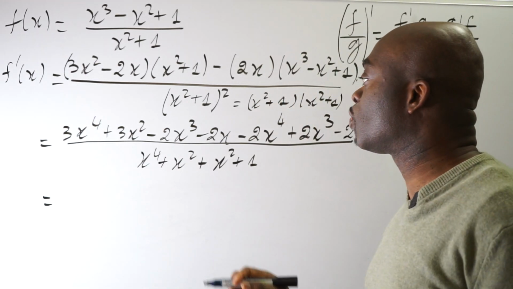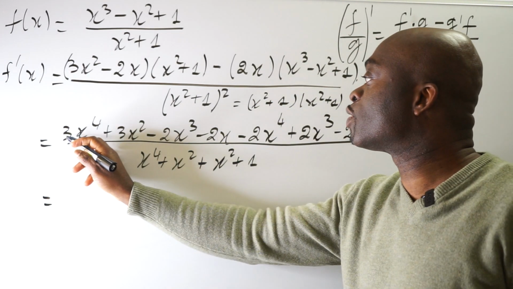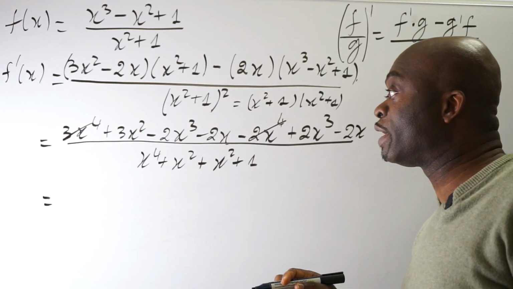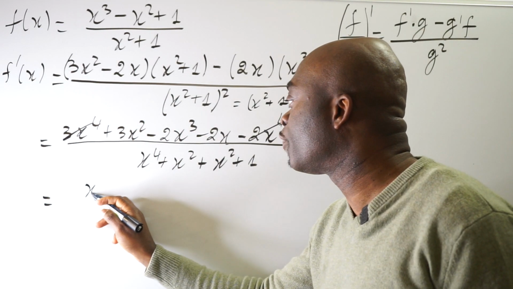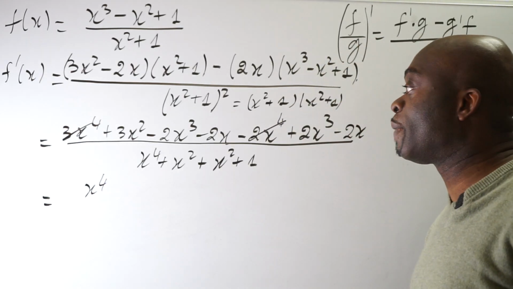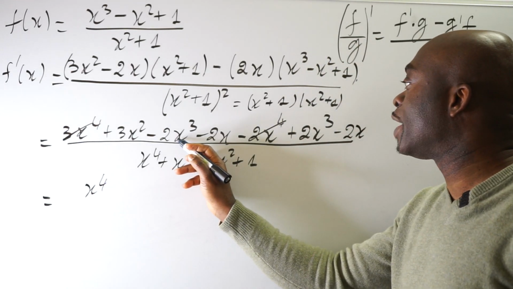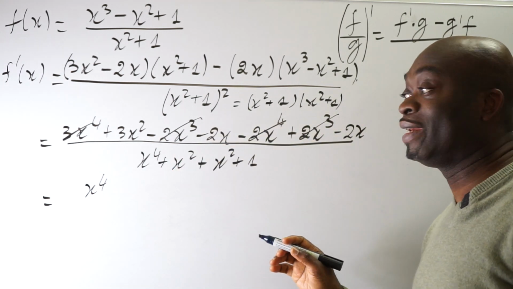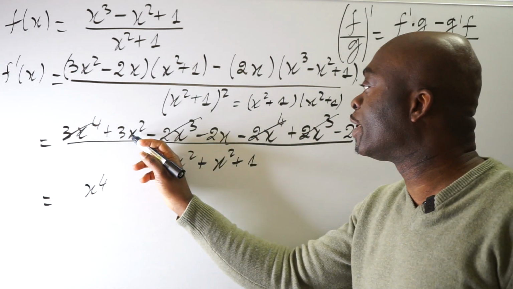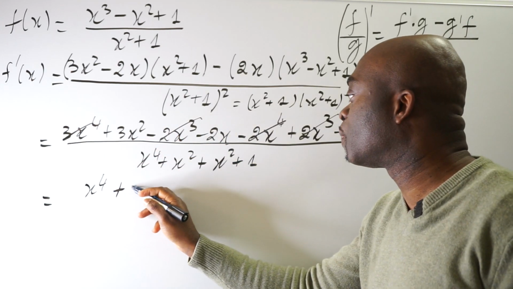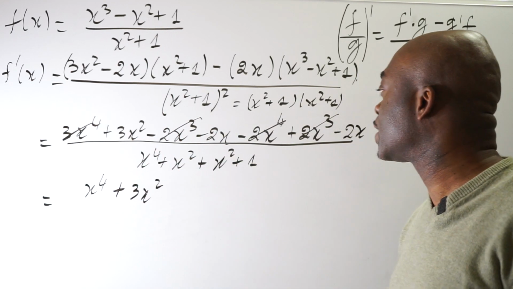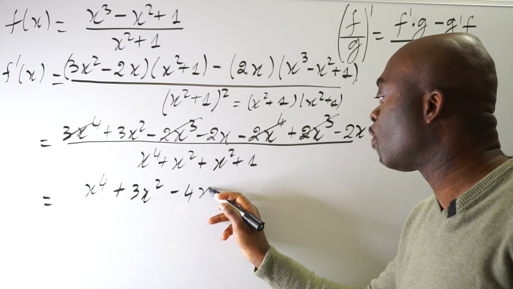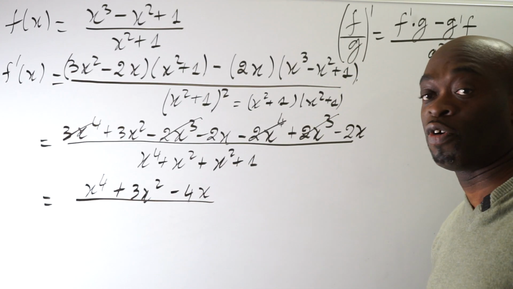So this is equal to what? We have to combine like terms. So 3x to the fourth power minus 2x to the fourth power will give us 1x to the fourth power. How about the x to the third? Negative 2x to the third, positive 2x to the third, both of them we cross out, nothing to do about it. And then we have 3x to the second power, so that's plus 3x to the second power. Then we have negative 2x, negative 2x is going to give us negative 4x. Then that is over